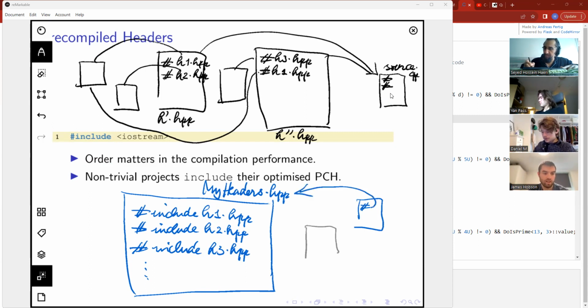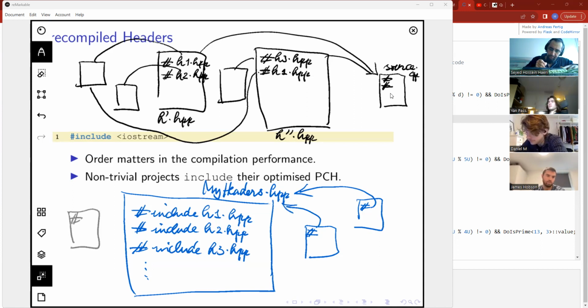So if I have different source codes, they all only include this one. Now here's why, in case you haven't already noticed. The idea is that then when the compiler gets to the inclusion model,